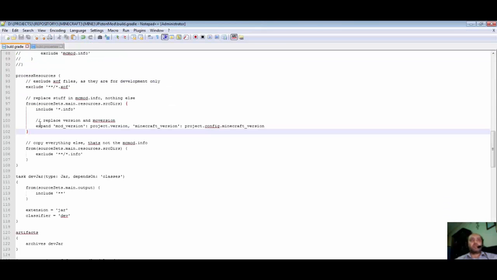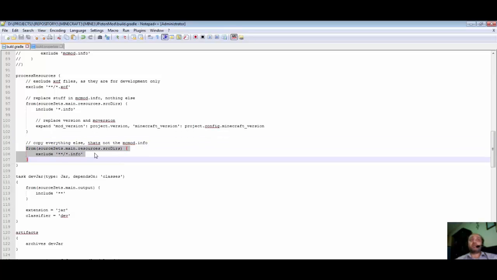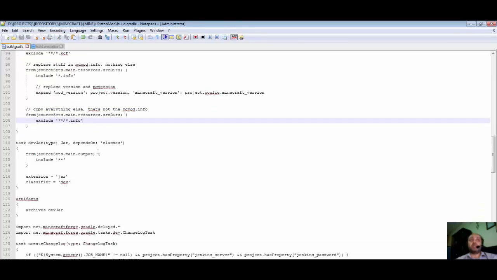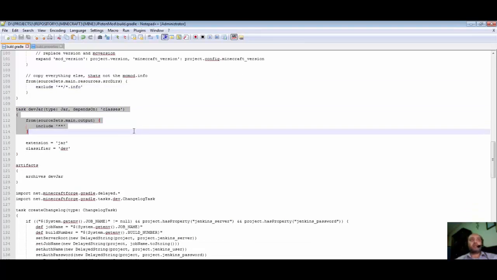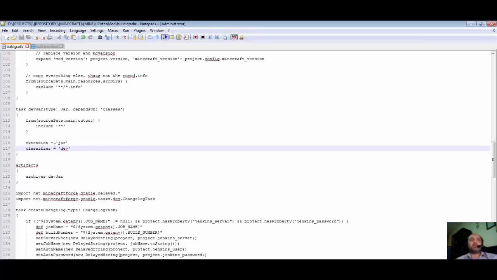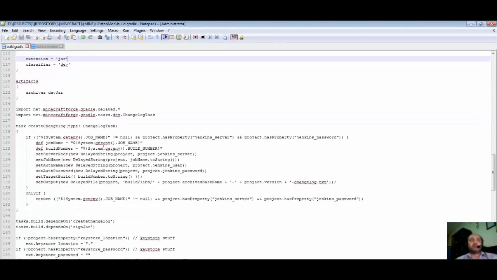And then it will replace the mod version with the version we made on top, and Minecraft version with the config version that we gave it. Then we will, of course, exclude every other thing that has .info for any reason. Now, we make two classifier and extension. These guys are starting for Maven, okay? Then we will go, if we have